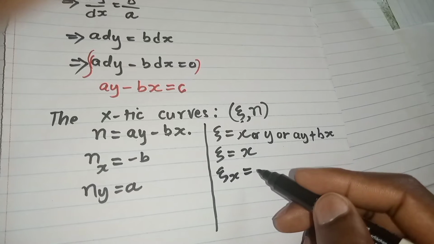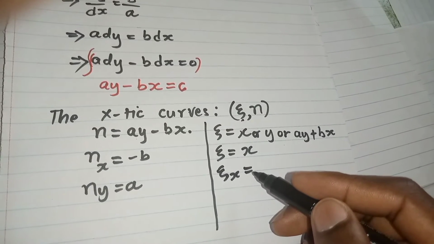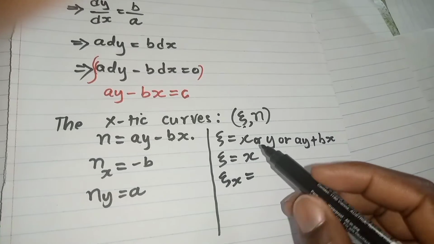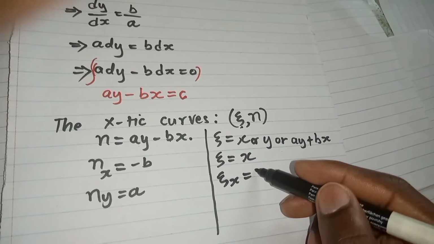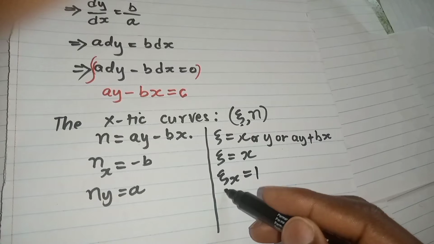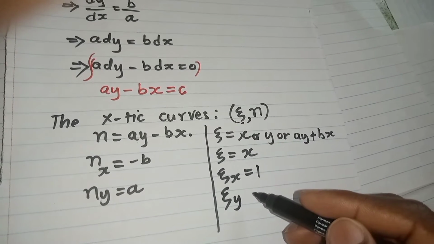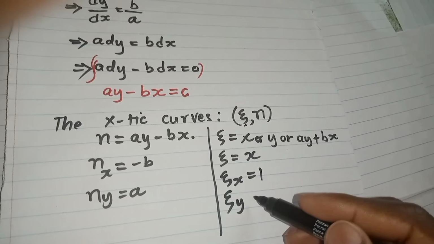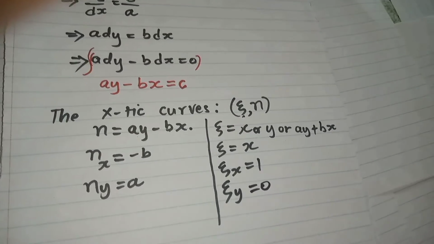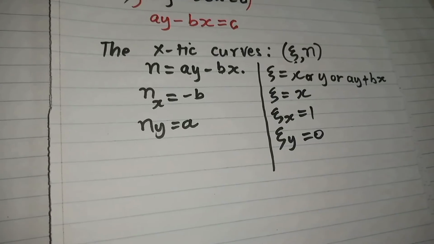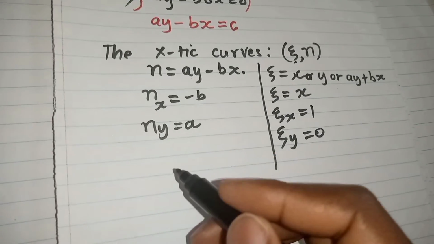So I will obtain xi x, which will be equal to what? I will differentiate this function with respect to x partially. This will be equal to 1. Then I will also obtain xi y. And once I differentiate xi with respect to y partially, I will get 0. Then if we test the Jacobian rule,